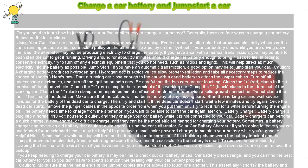Using your car should charge the battery whenever it is running. Every car has an alternator that produces electricity whenever the car is running because a belt connects a pulley on the alternator to a pulley on the flywheel. If your car battery dies while you are driving down the road, the alternator may not be producing electricity to